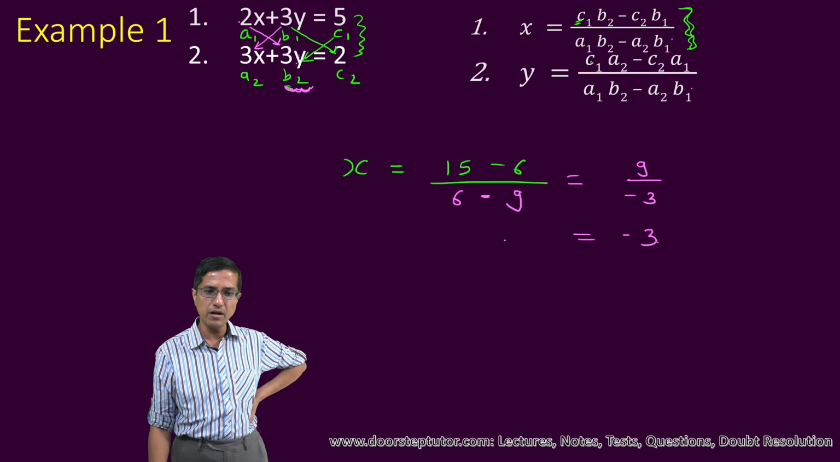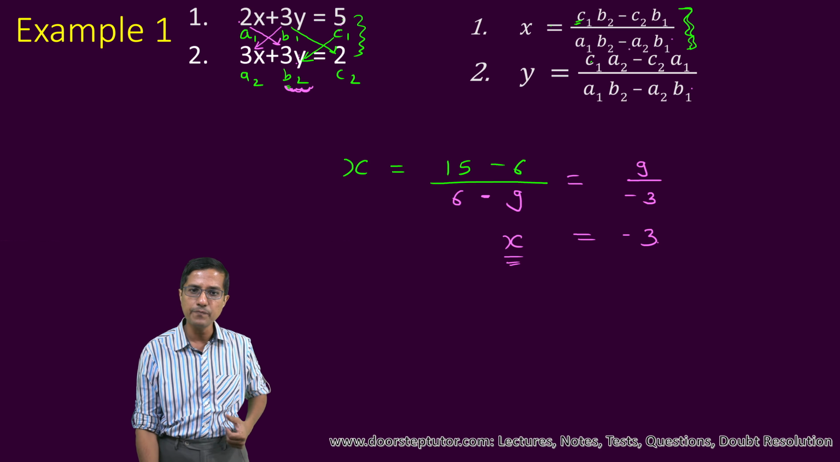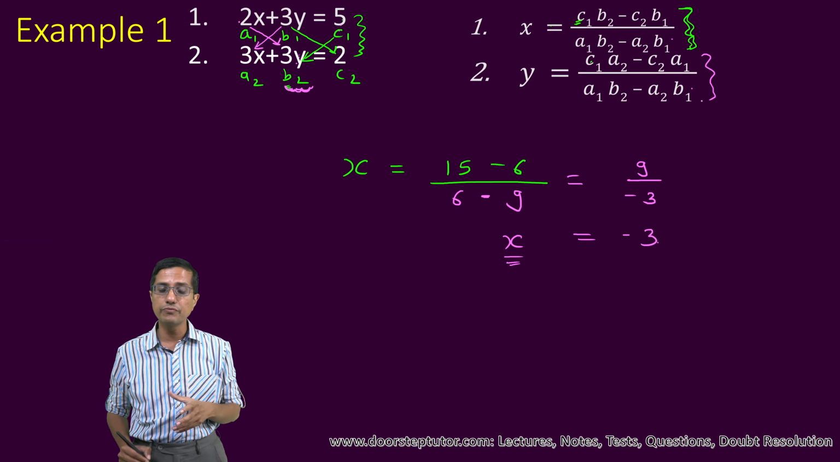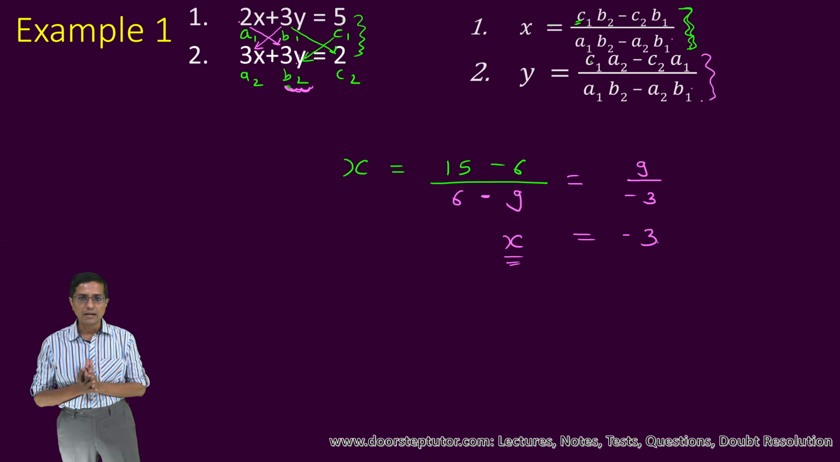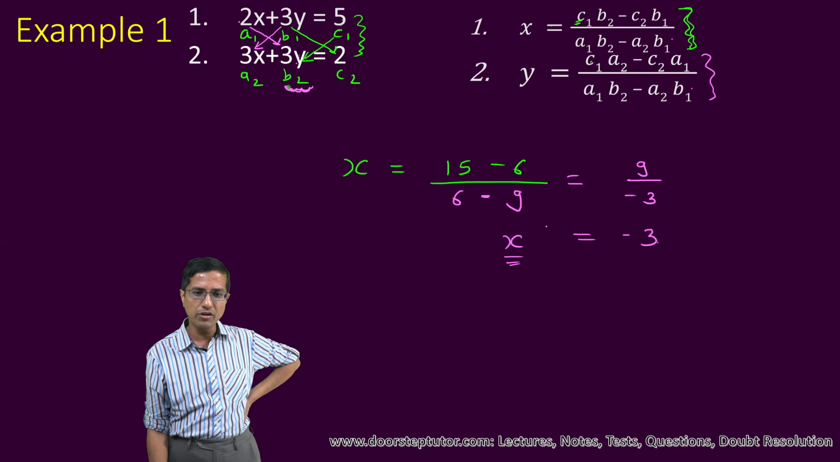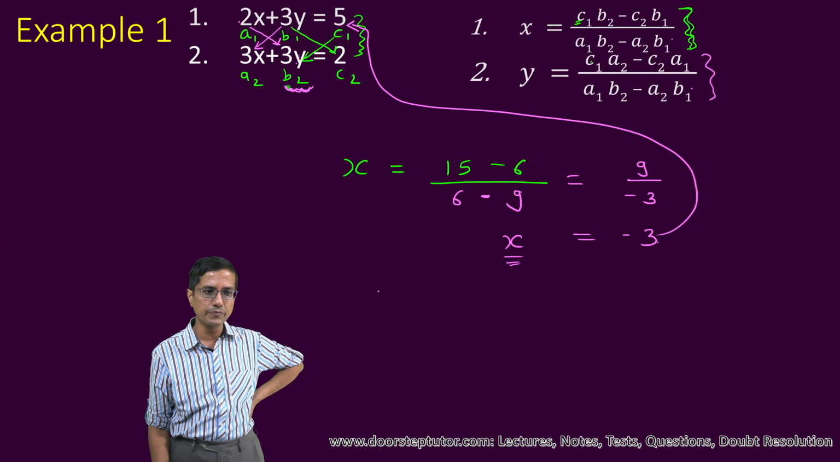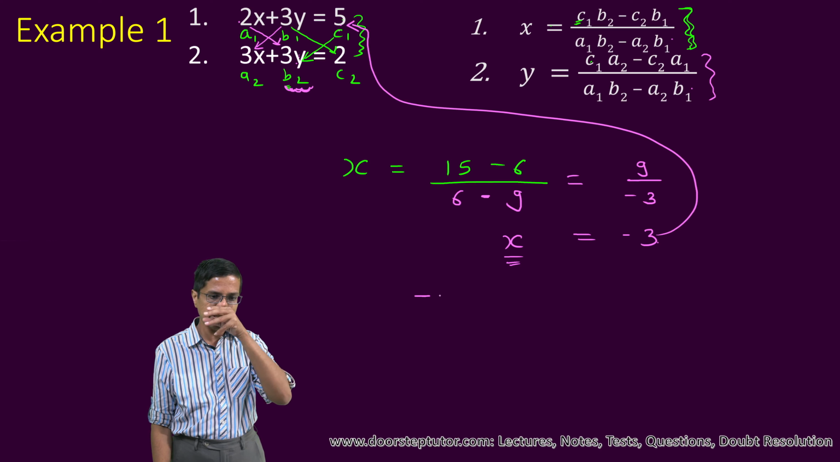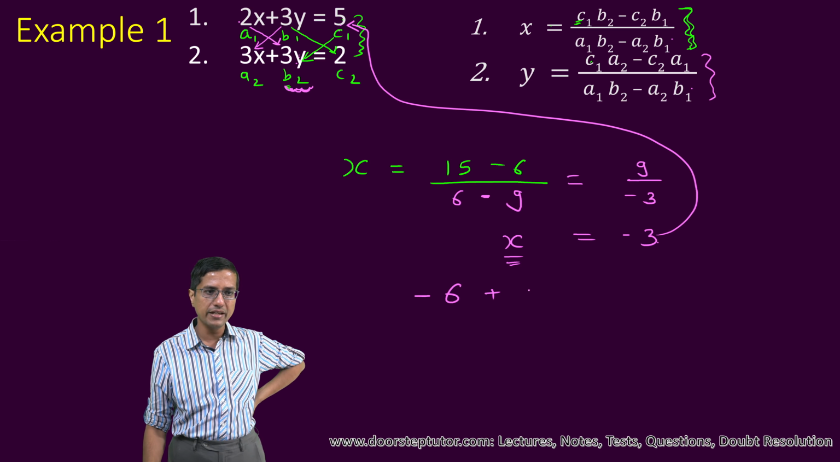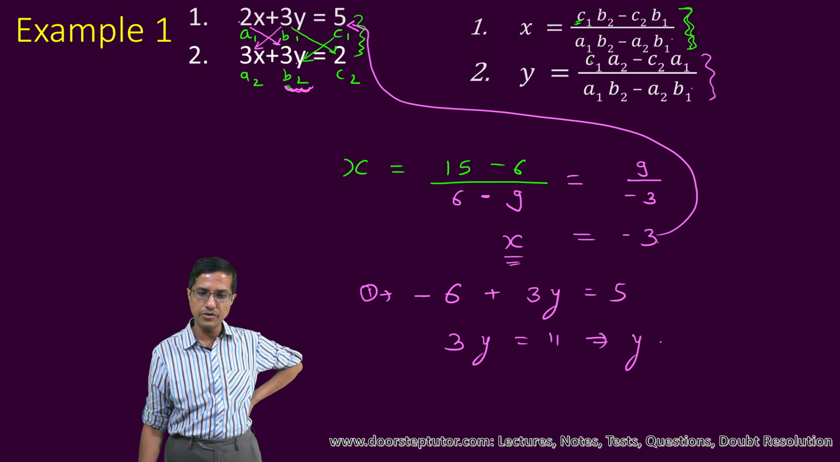Now from here on we can do one of two things. Either we can substitute the value of x in one of these equations and find y, or we can find y from this formula. Of course we will not use the formula for y, because we have to remember one less thing and can simply substitute the value of x in one of the equations. The first equation appears simple to me, so that's what I will use. This becomes 2 into x, which is minus 6, plus 3y is equal to 5. This is from the first equation. Then this means that 3y is equal to 11,